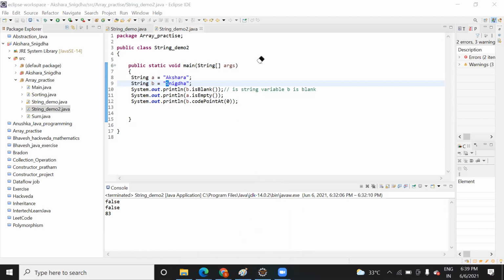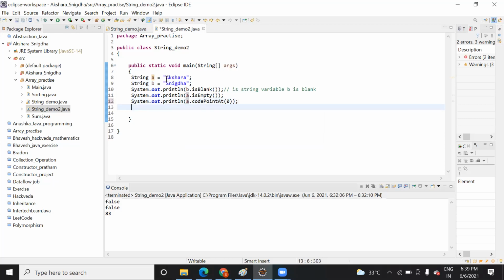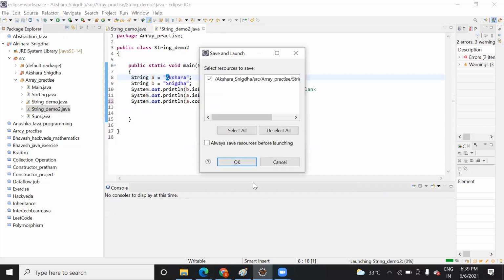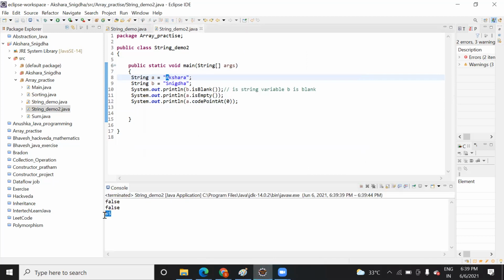Similarly, if you want to check it for another element, suppose I want to check for A, I told you that ASCII codes start from 65 for capital letters, and for small letters it starts from 97. So what will be the ASCII value of A? Now I'm trying for Akshara. What is present at index 0 in the name Akshara is capital A. Let's see what is the ASCII value or Unicode value of A. Capital A I think is 65. You see here it is giving 65, right? In this way the Unicode character works. Similarly, you can try it for other functions also.